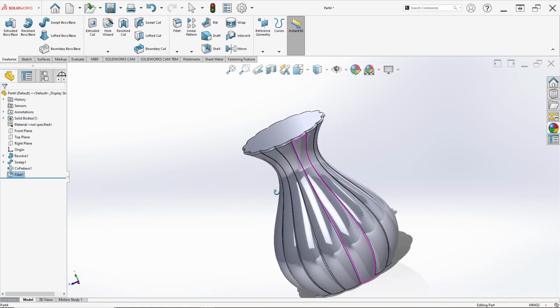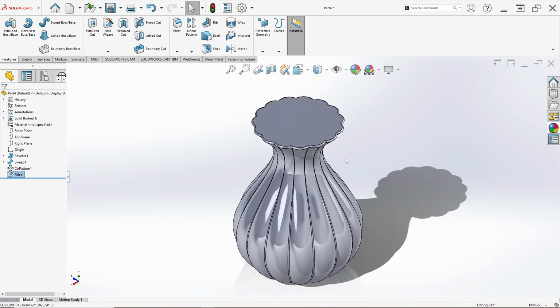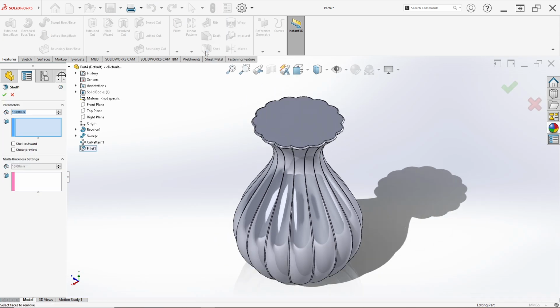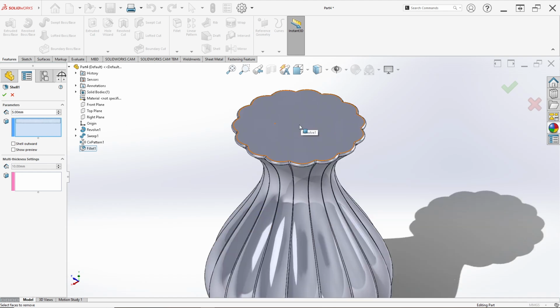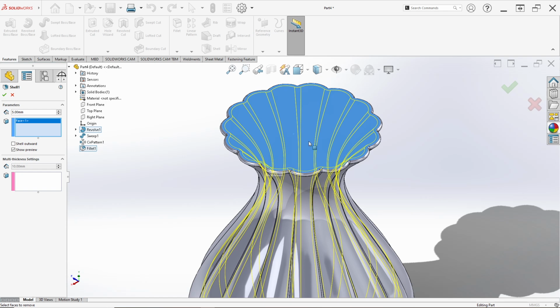After that, you see the sketch again like this. We select the shell and set the shell parameters here. For the thickness, we set for example 5 millimeter. For the face, click the top face here, and check show preview like this.